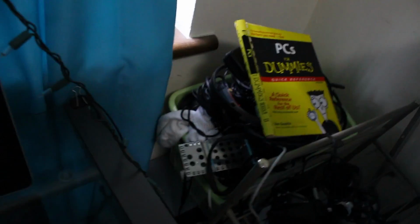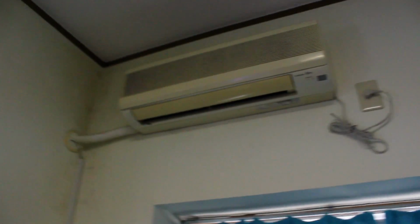Tons of cables. There's literally so many cables. I know you can't see them all, but there's 2 baskets stacked on top of cables. Tons of other cables back here, so it's really just a mess. So I really rarely go back there unless I need cables. And of course, this cable right here, this is just some old Christmas lights I need to take down that are strung up. Other than that, the AC in the top left corner